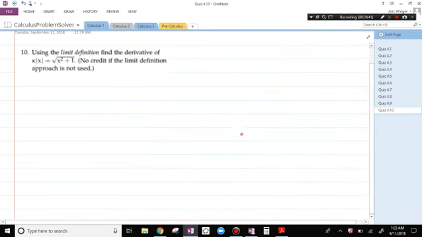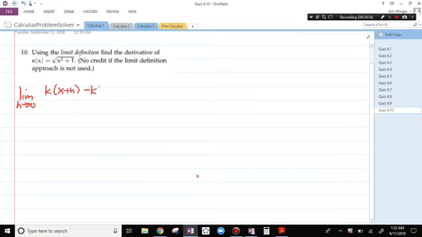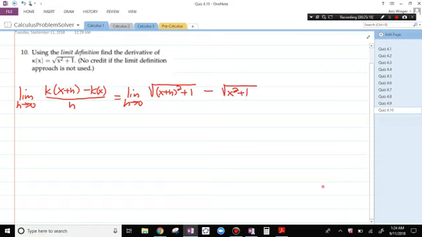Here we're just going to use the definition. So we need to look at the limit as h tends to 0 of k of x plus h minus k of x all over h. This is equal to the limit as h tends to 0 of, so k of x plus h, wherever you have an x, you put x plus h. So this is the square root of x plus h squared plus 1 minus the original k of x, which is the square root of x squared plus 1, all over